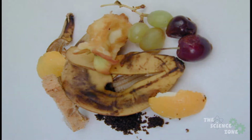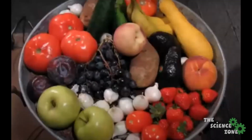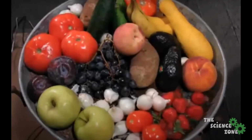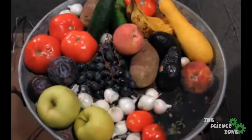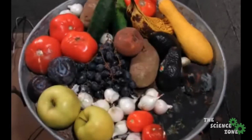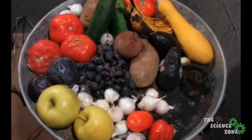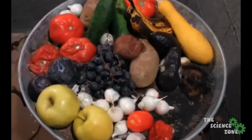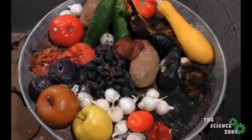Decomposition, or rotting, can be thought of as kind of a yucky process, but it's actually a vital part of recycling nutrients back into the earth. Sometimes we might notice that some things like bananas or apples turn brown and rot fairly quickly. That is due to a growth hormone called ethylene that is triggered when it is time for the fruits to ripen, and it produces a higher sugar content and makes them look and taste sweeter, which is vital to their